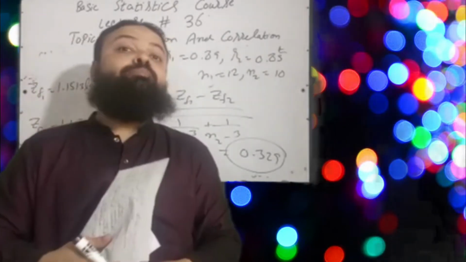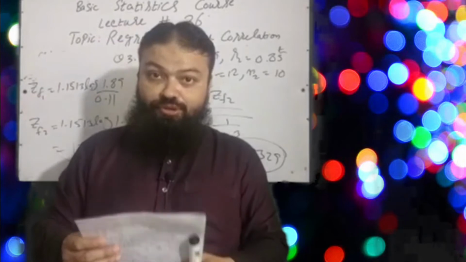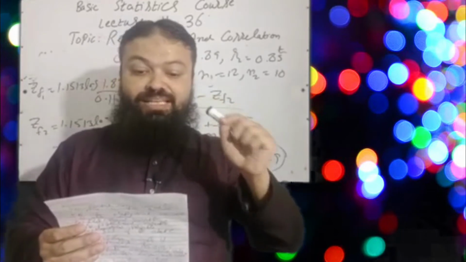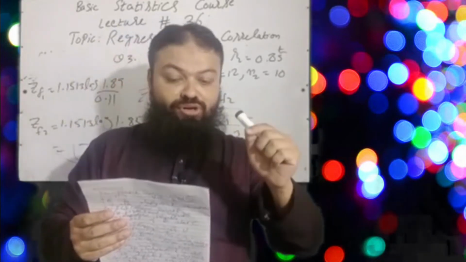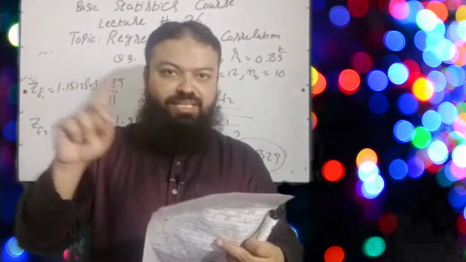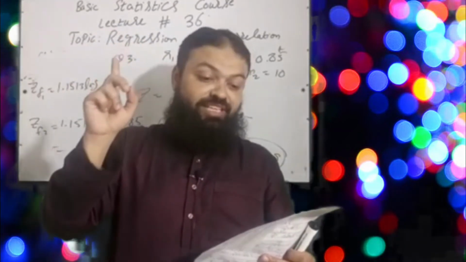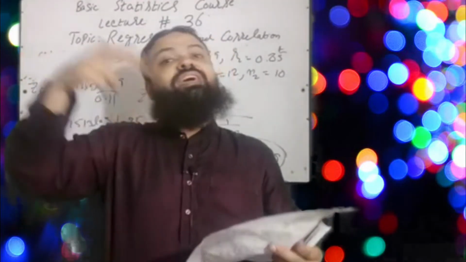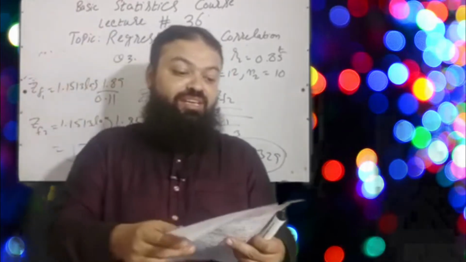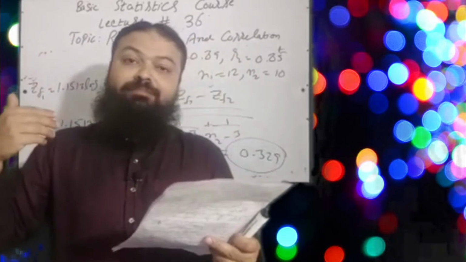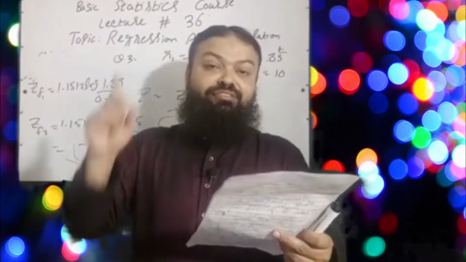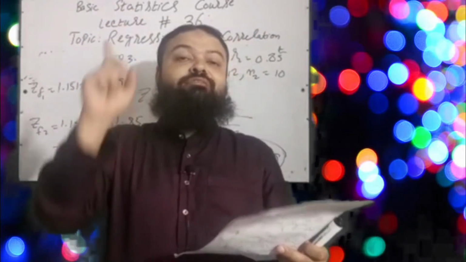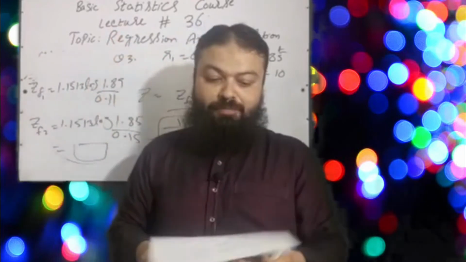Now I will discuss 9 important theoretical multiple choice questions with you for the topic of regression and correlation. Question number 4. The term simple in simple linear regression is because A, there is no independent variable. Incorrect. We know there is an independent variable. B, there is more than one independent variable. No, it is incorrect. We have multiple regression for more than one independent variable. C, there are multiple dependent and independent variables. Incorrect. D, there is one independent variable. Yes, we know. Simple linear regression model means we have one independent variable. D is the correct option.